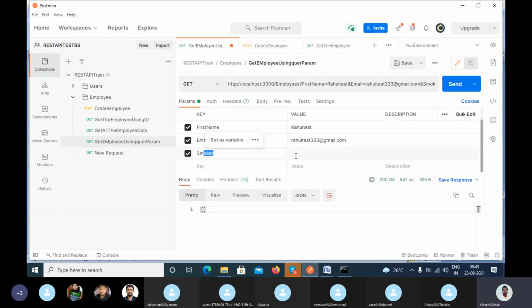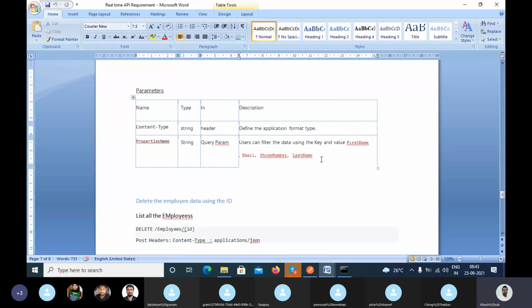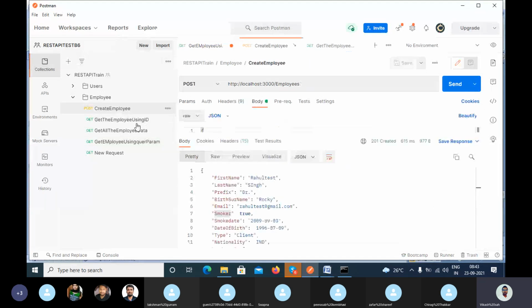As part of the requirement, the client will mention in the document which keys you have to use to filter out the result. If anything is not mentioned there, but you are passing it in the request or getting it in the response and you think that we can filter the data based on that,